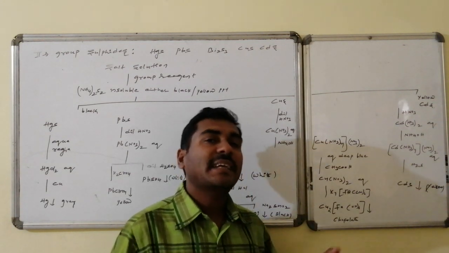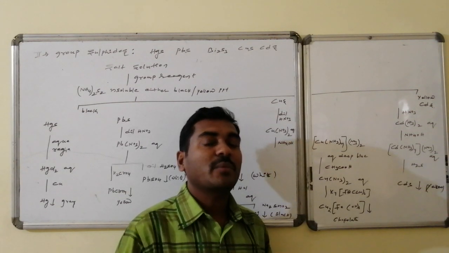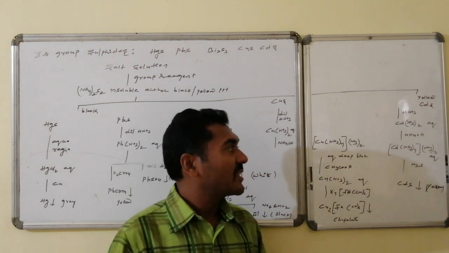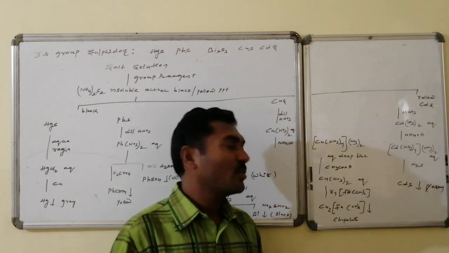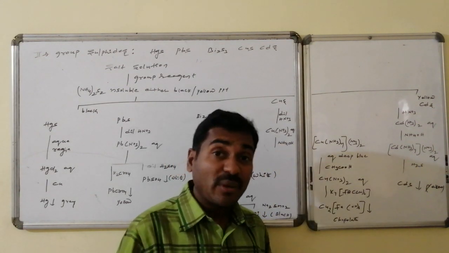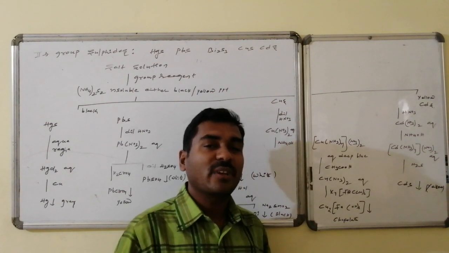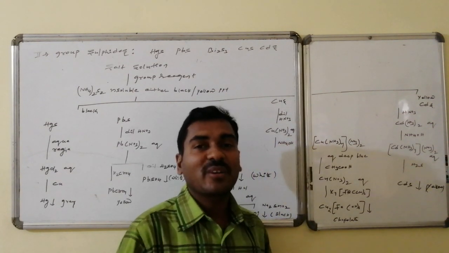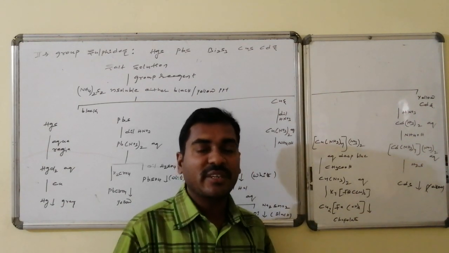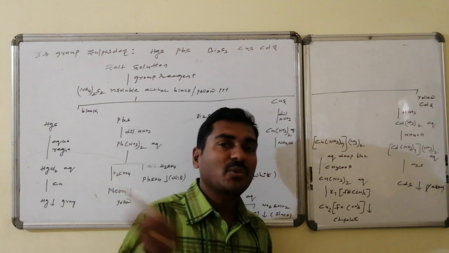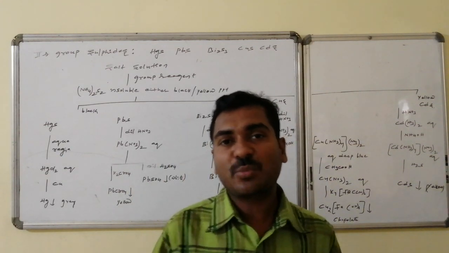The last one is cadmium sulfide. Cadmium sulfide on reaction with HNO3 forms cadmium nitrate, an aqueous solution. That on reaction with excess ammonium hydroxide, similar to copper, forms tetramine cadmium nitrate. This on reaction with H2S forms cadmium sulfide, which is yellow in color. Here or there I may say a wrong color, but it is a yellow color precipitate. This is the total flowchart of the second A group cations. Let us go for the next part.